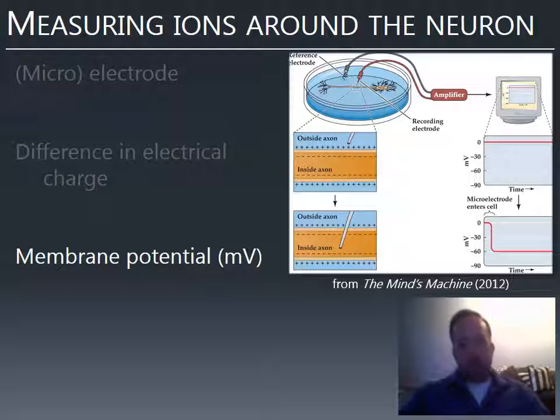But regardless, what we're really doing is comparing the total charge inside the neuron to the total charge outside the neuron. And if there's a difference, now we have that electrostatic force in play, that neurons want to balance out those charges. If you're positive, you want to go where it's negative, and vice versa. So we have this difference in charge inside and outside, and that's going to drive positive charge inside for the most part.